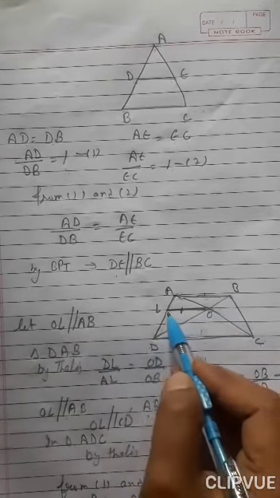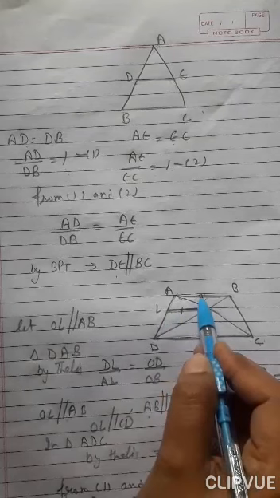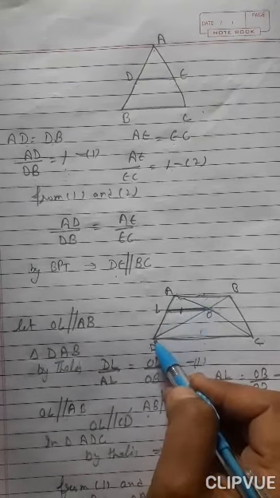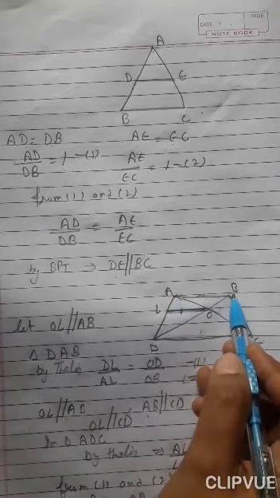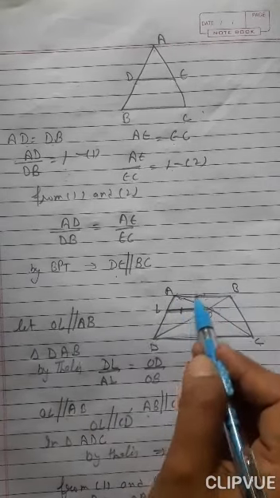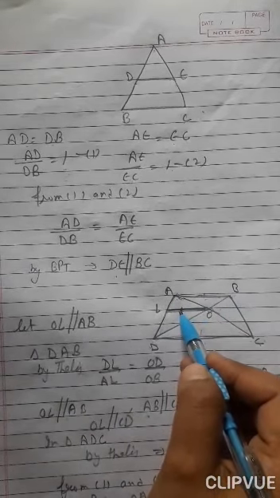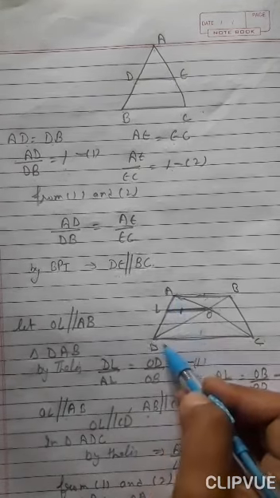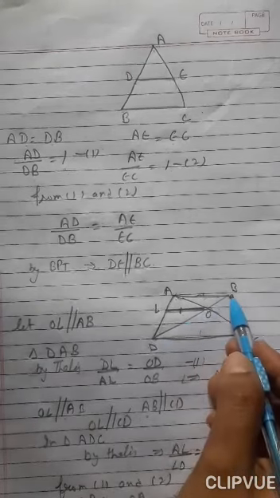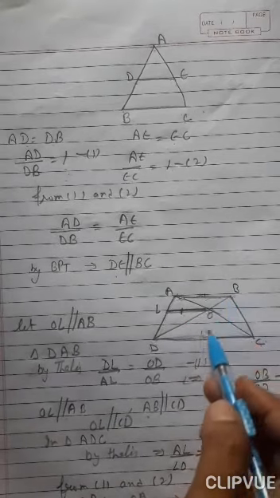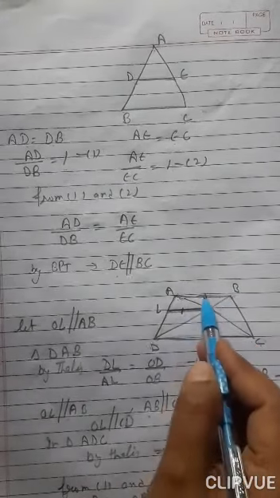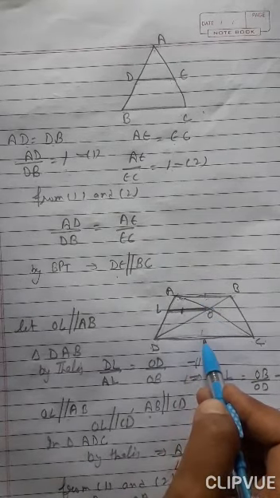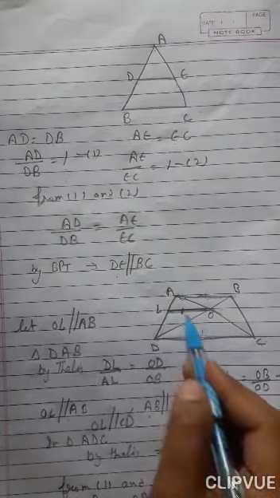So firstly, in construction I have drawn OL parallel to AB. See, if OL is parallel to AB, that lies in triangle DAB. So by Thales, if these two sides are parallel, then we can write in a ratio. So DL over LA is equal to OD over OB. Okay. And now if OL is parallel to AB and already AB is parallel to CD, it means OL is also parallel to CD.